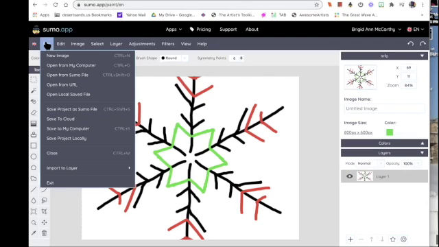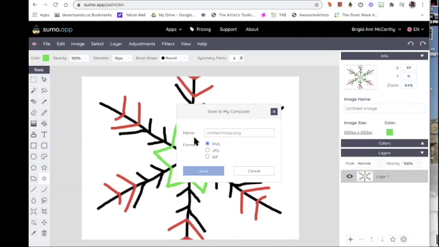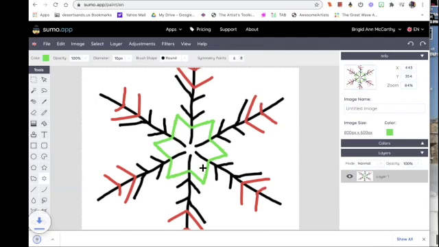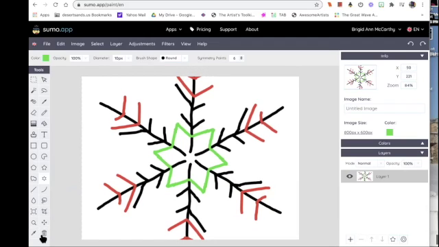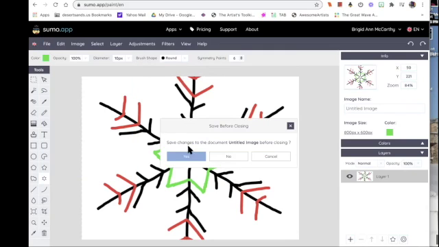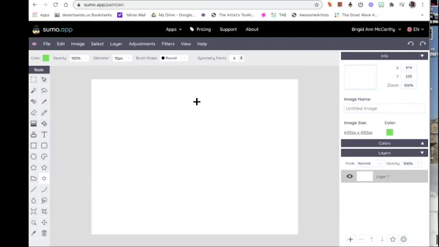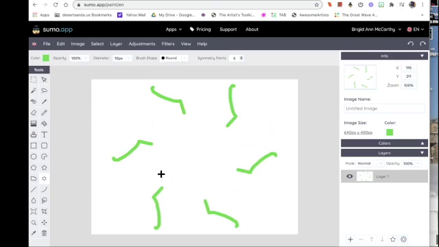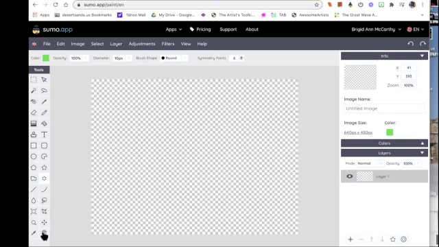To save it, I say File, Save to my computer, and give it a name. I'm going to call it Snowflake 22 because I've been making them a ton. I'm going to save it, and then I'll show you where I pull it in just a second. So now I'm going to start with a fresh one, or I'm going to say New Image. I'm going to say no because I just saved it. Here, I'm going to start to go and I made a mistake. I'm going to put it in the trash. Now I end up with